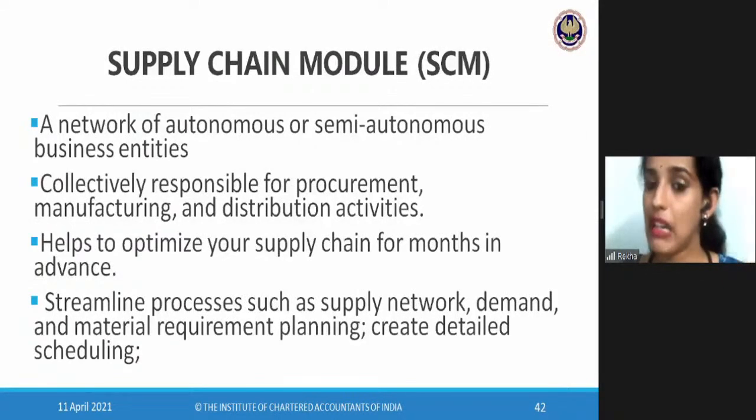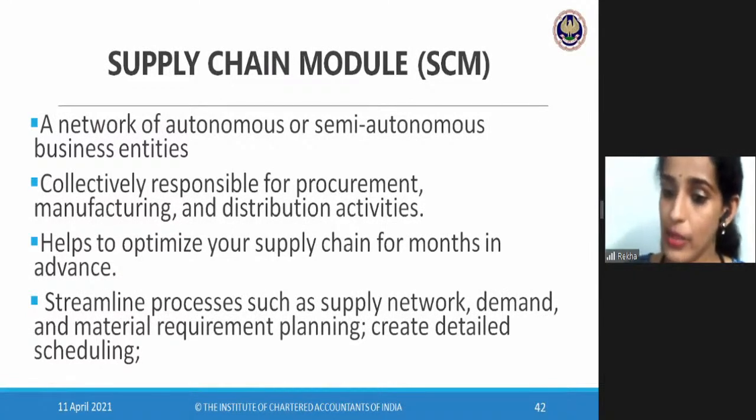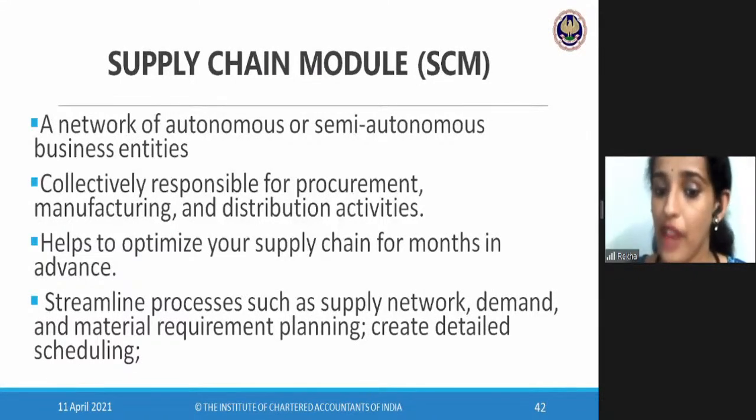So the main advantage of this particular module is they can actually streamline this process. That is, it mainly deals with logistics, how you can schedule the suppliers, when you have to plan for the materials. All these things you can actually customize using this supply chain module. Regarding the transportation, scheduling the customers, how the logistics has to be planned, all this will be done months before. Say for example, if Amazon is